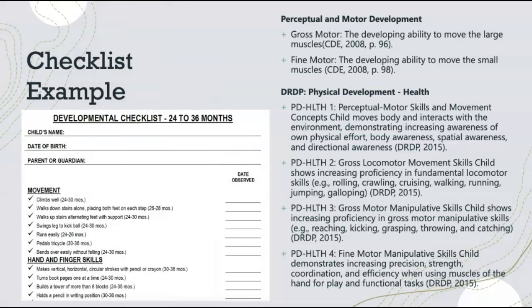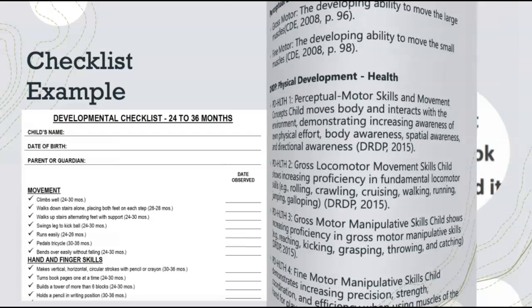Here you can see a developmental checklist for toddlers. We can note whether a specific perceptual motor development occurs with observations specifically in the fine or gross motor area. These records can be reviewed and updated throughout a school year and are a great way to indicate when skills have been achieved in areas that need more practice.